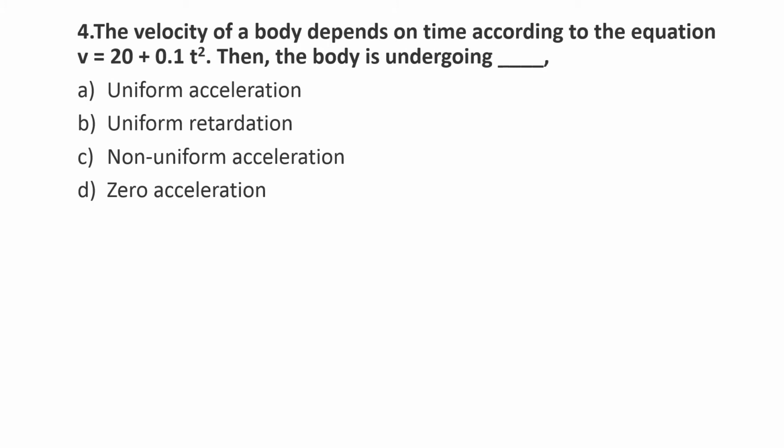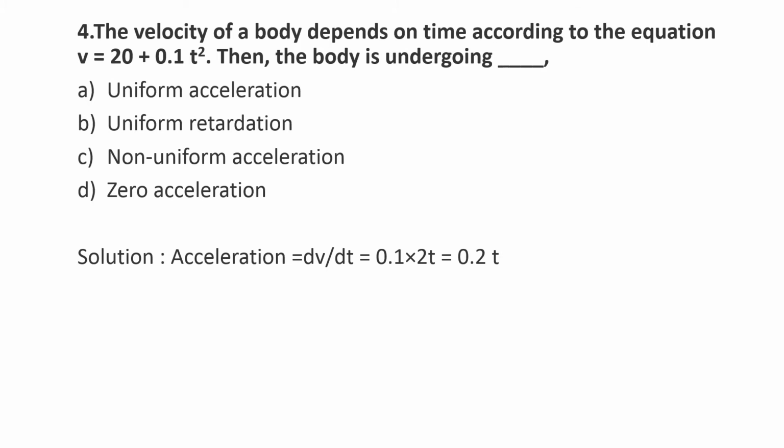Here the question, the velocity of a body depends on time according to the equation. So here the equation of velocity is given, that is v is equal to 20 plus 0.1 t square. So here the answer options are given in acceleration. So first you find acceleration using this equation. You know the formula for acceleration, that is a is equal to dv by dt, means differential coefficient of v with respect to time. Acceleration which is equal to dv by dt means you have to differentiate this velocity with